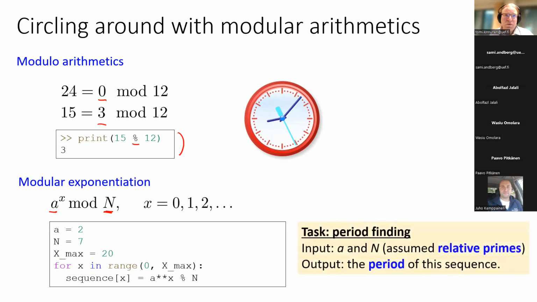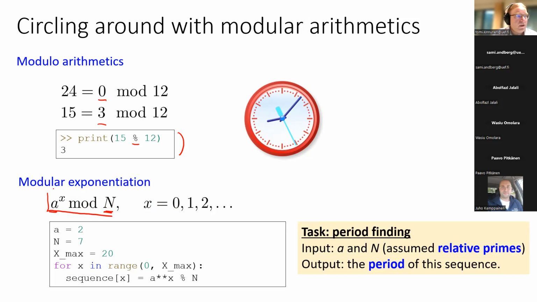So I think I'll have to stop it here so that we have something to talk about also next week. But basically, when you do this kind of modulo operation, you get some number a, some number n, and then write a for loop over these different powers and compute the remainder using the modulo operation.